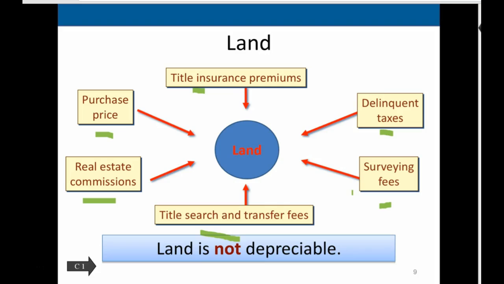So anything that we do to prepare the land, if we had to tear something down in order to build something up, that's actually included in the land, not in the new thing that we're building, such as another building. All right, and that's where we'll start